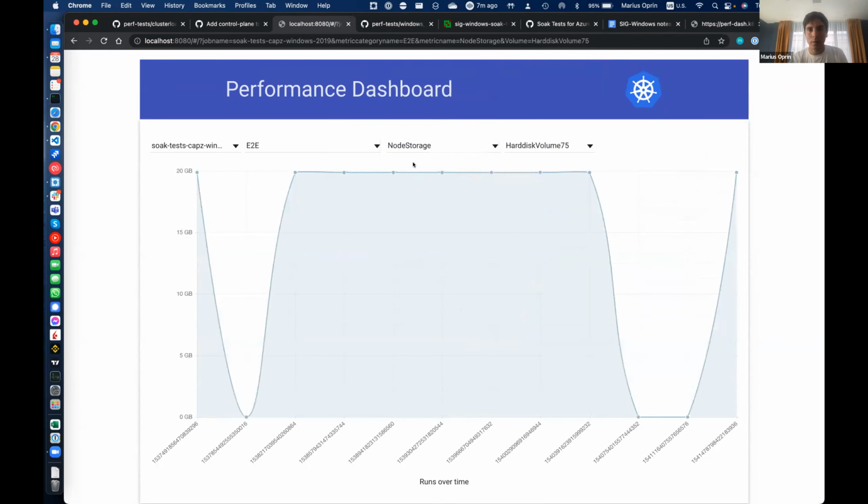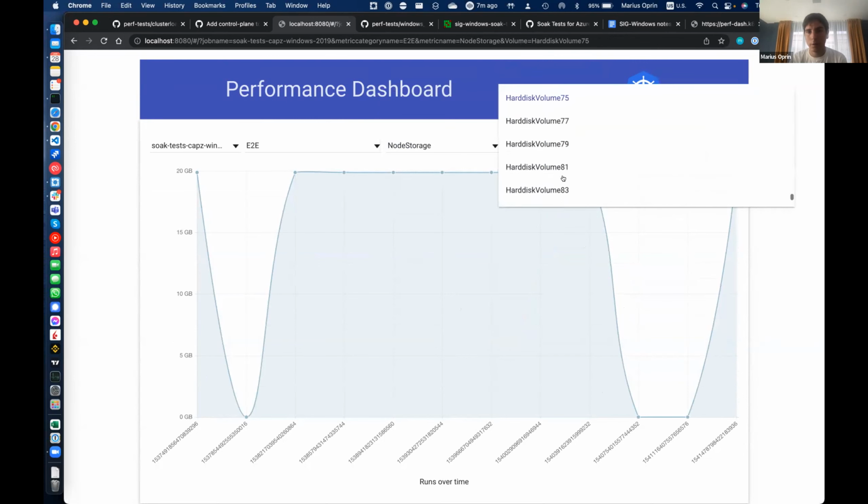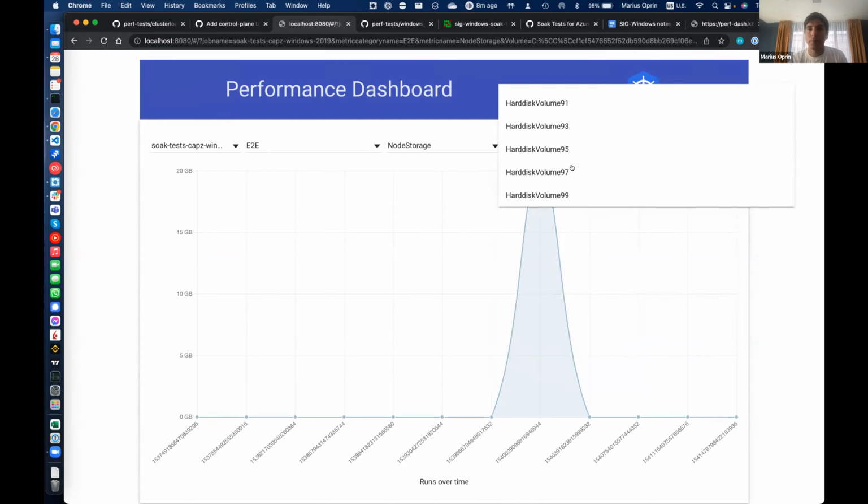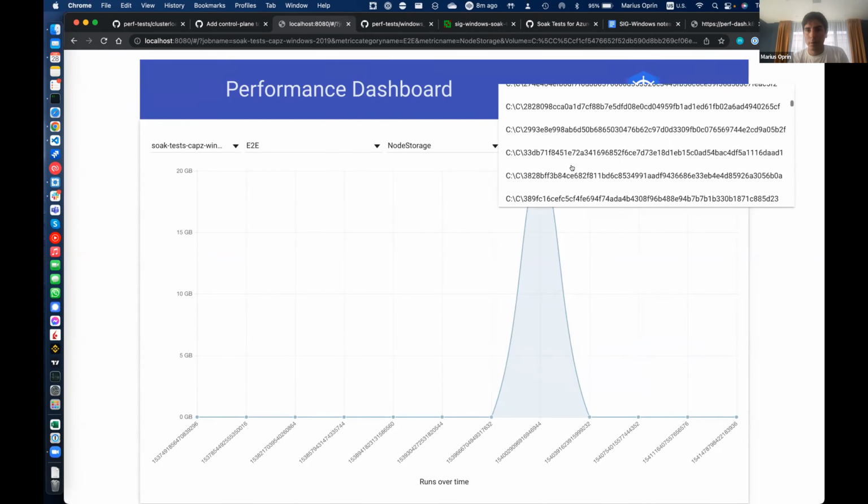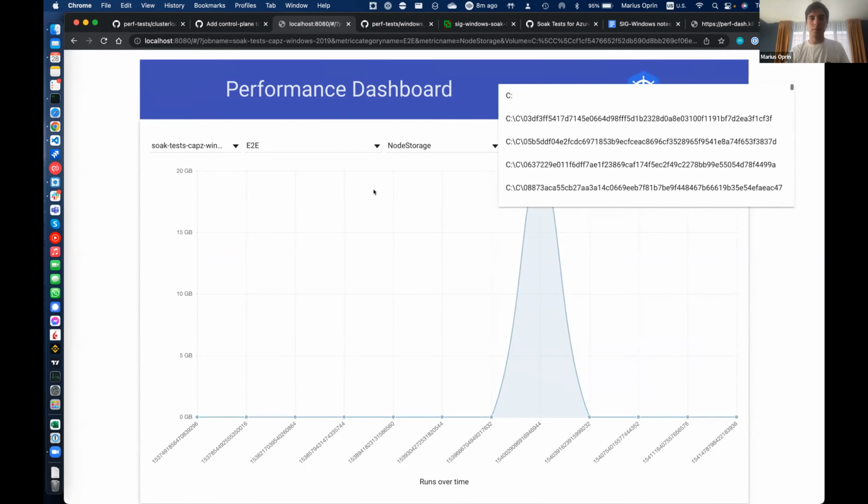And we can see the total storage used for each of the hard drives that are attached to the Windows node. There are a lot of them here because of the way Windows is handling the disks with the host process containers. And we can also see the open file handles.